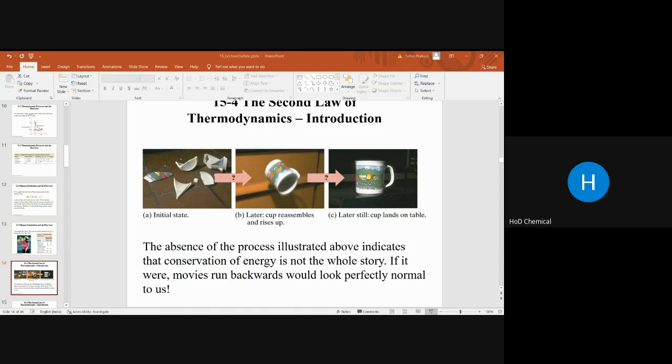Statistical mechanics provides a microscopic explanation of the law in terms of the probability distribution of the states of a large assembly of atoms and molecules. The second law has been expressed in many ways.